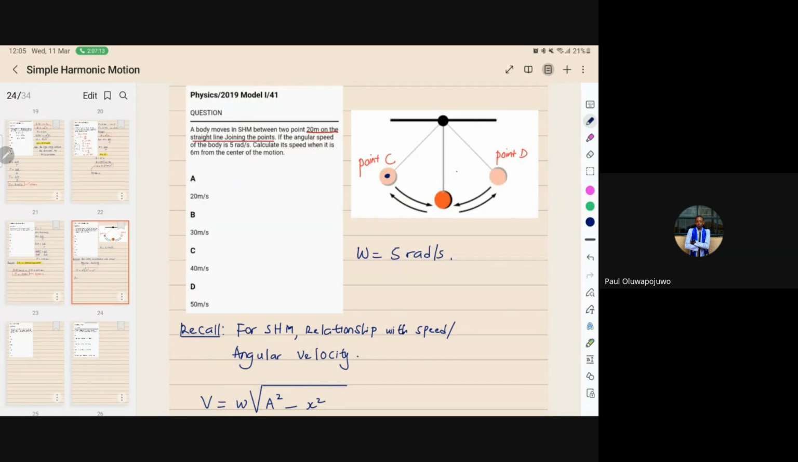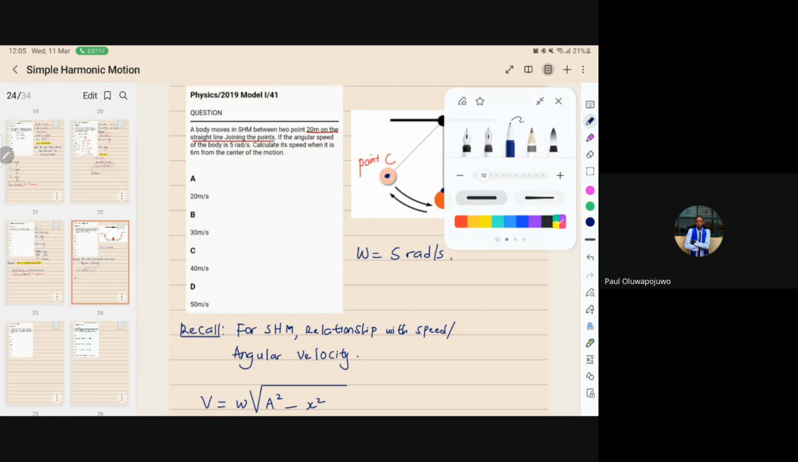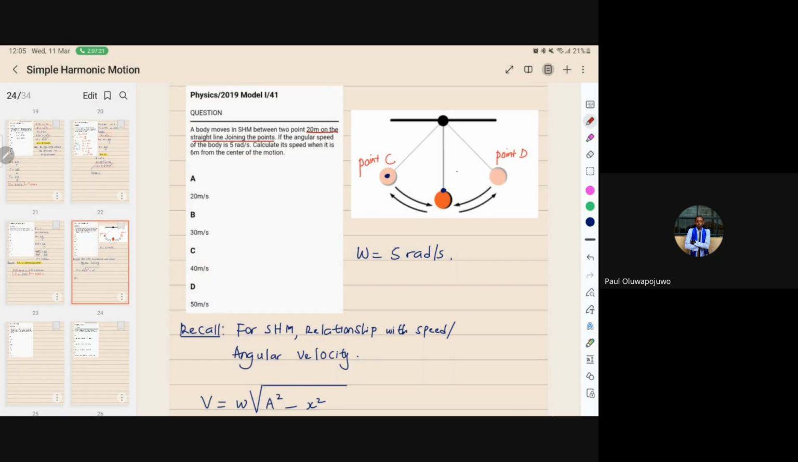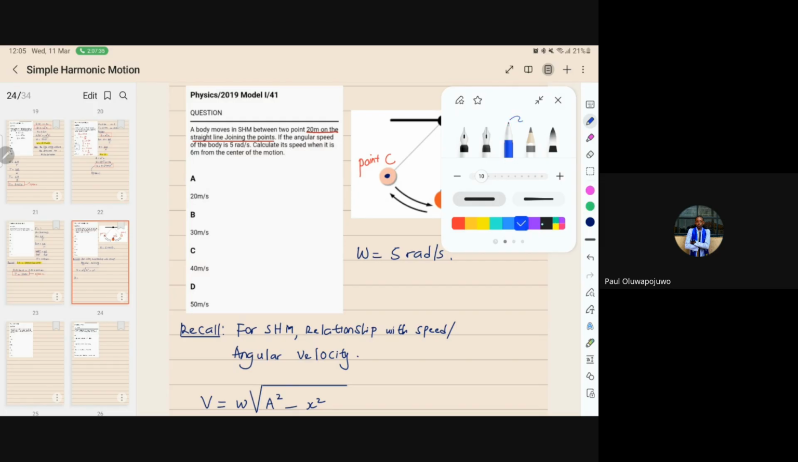Let's assume that this is the center. So let's say that the distance from that center is 5 meters. We should calculate it when it is 6 meters from the center. So from here to here, let's assume that the distance is your 6 meters. Do you understand it now? But remember that the distance from here to here,